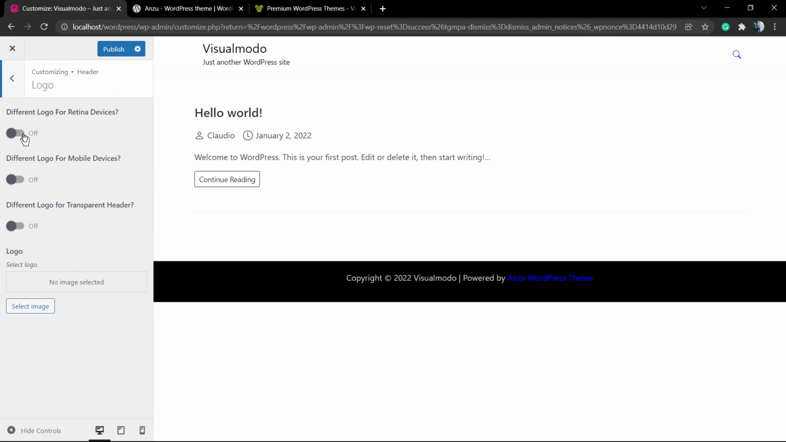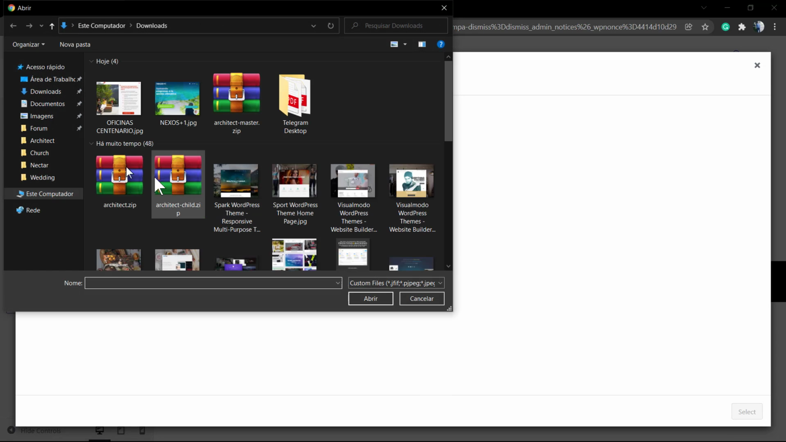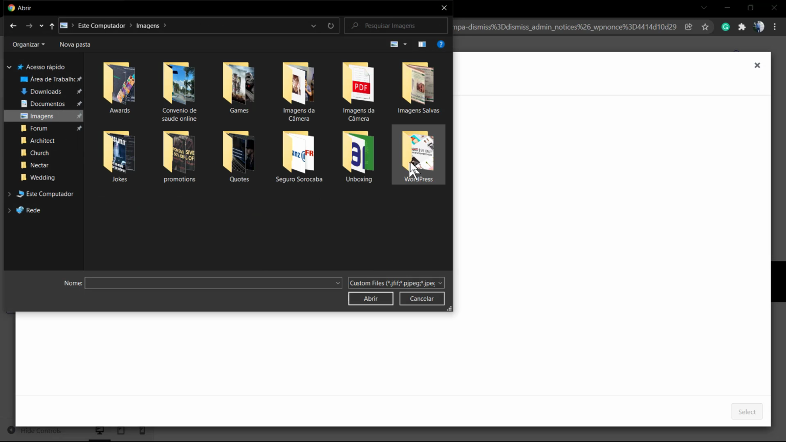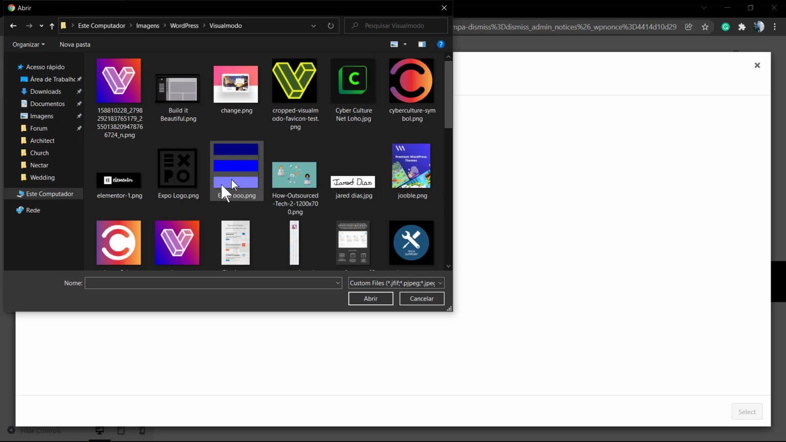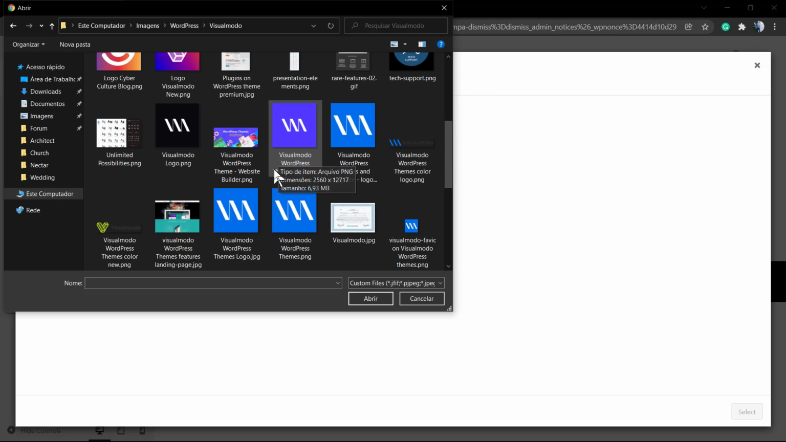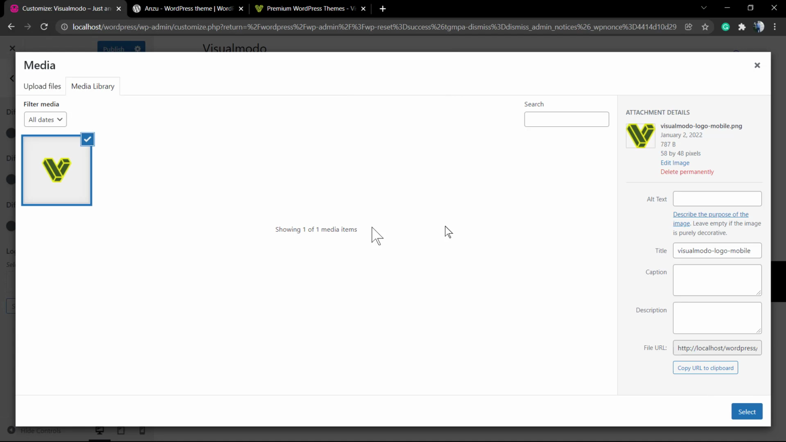And the final option, the middle one, but the final for this tutorial, is the most important one, that is the logo. So customize, header, logo. We have options to show the logo in different devices. For example, a special logo file for retina display, a special logo file for transparent header, and a special logo file for mobile menu. If you just upload a single one, like I'm doing right now, your logo gonna be